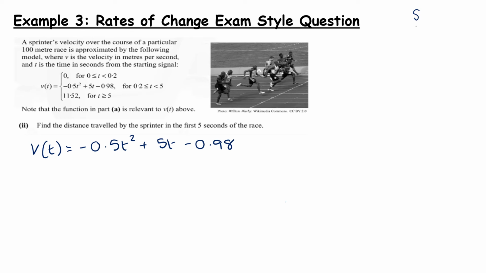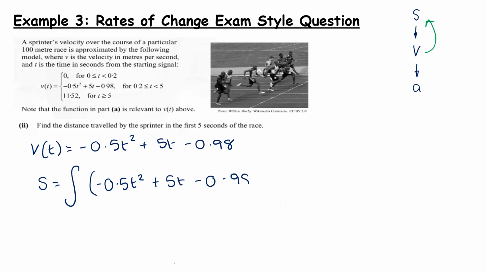So S, displacement or distance, V, velocity, A, acceleration. We have velocity and we're trying to find the distance. So we're going backwards. So because we're going backwards, we're going to be integrating. So S is going to be when we integrate minus 0.5 t squared plus 5t minus 0.98. Now, we're doing that with respect to time, and we would generally have a plus c like we did in